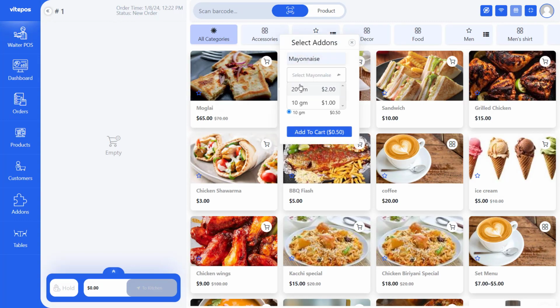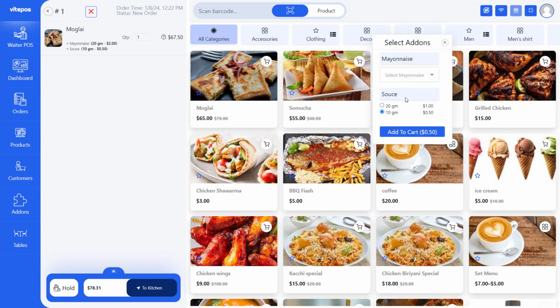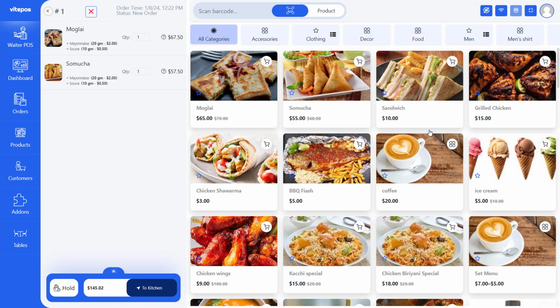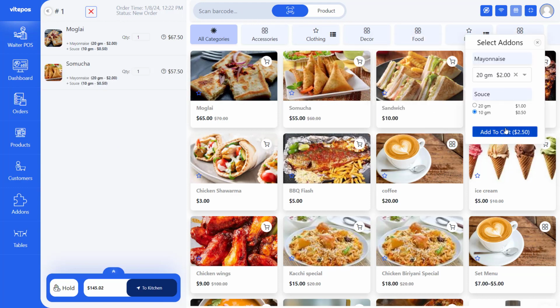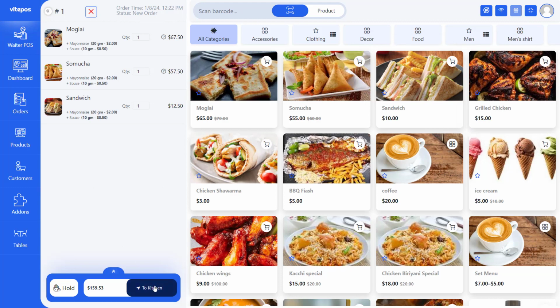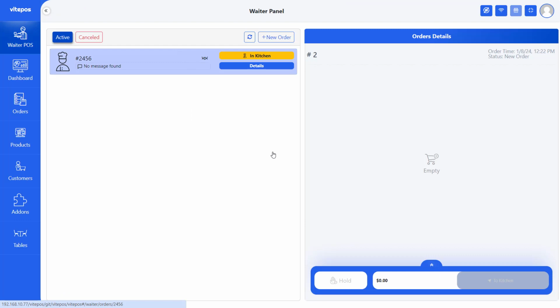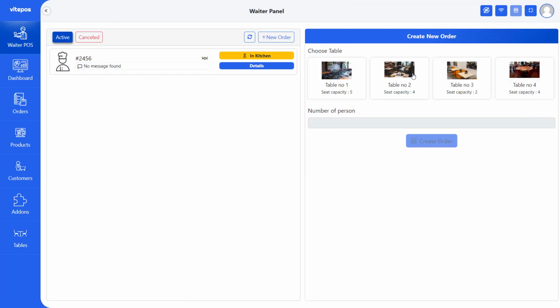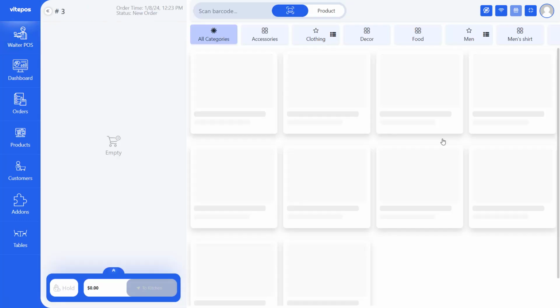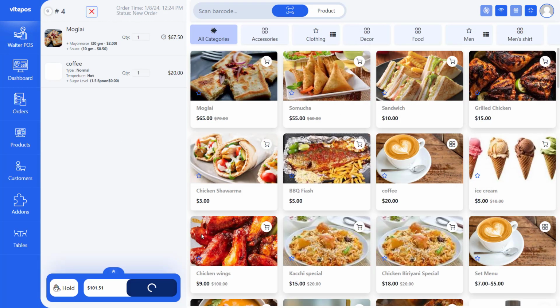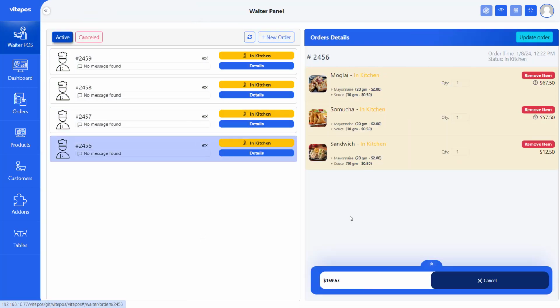This will open a new window displaying the cart and a list of available products. Choose the desired product to include in the order. To confirm and finalize the order, click on the To Kitchen button. Now we will create some more orders. This action will transmit the order to the Kitchen module, and within the Waiter module, you can observe the order